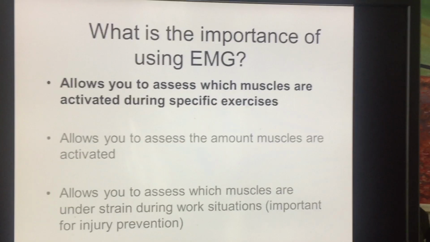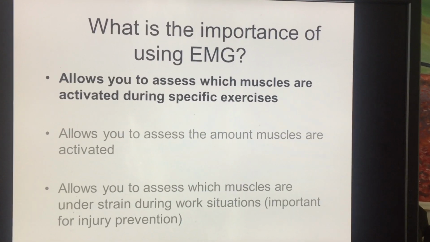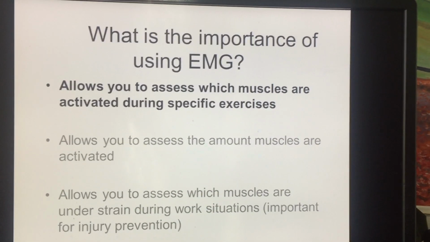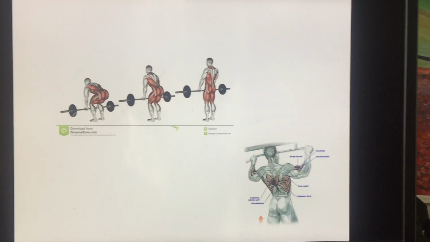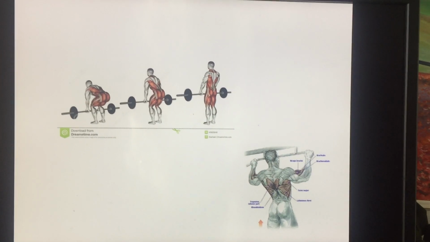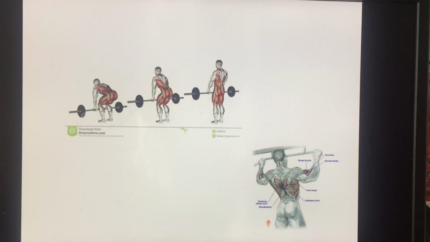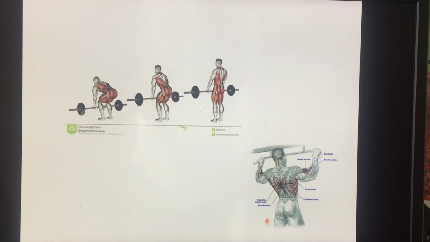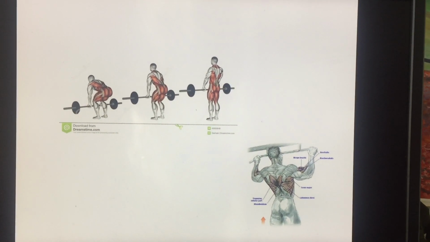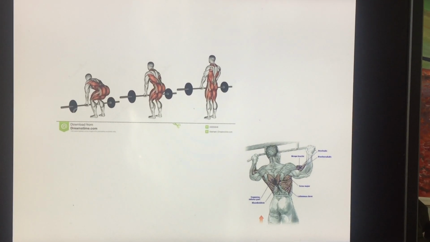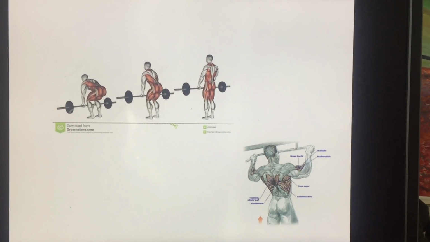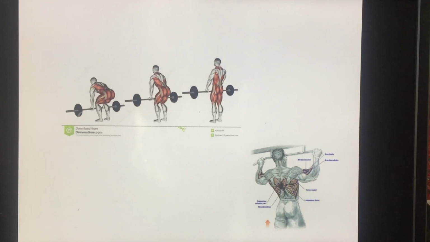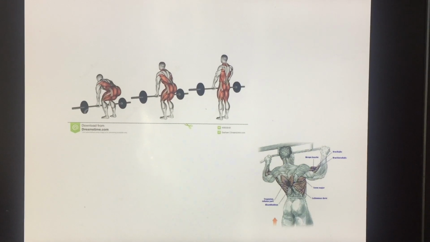So the first thing I'm going to go over is how it allows you to assess muscles that are activated during specific exercises. When you use weightlifting machines down in the gym, you'll notice the machines often tell you which muscles are trained by using that machine. And you can buy instructional booklets that go over different types of exercises and show you exactly what muscles are